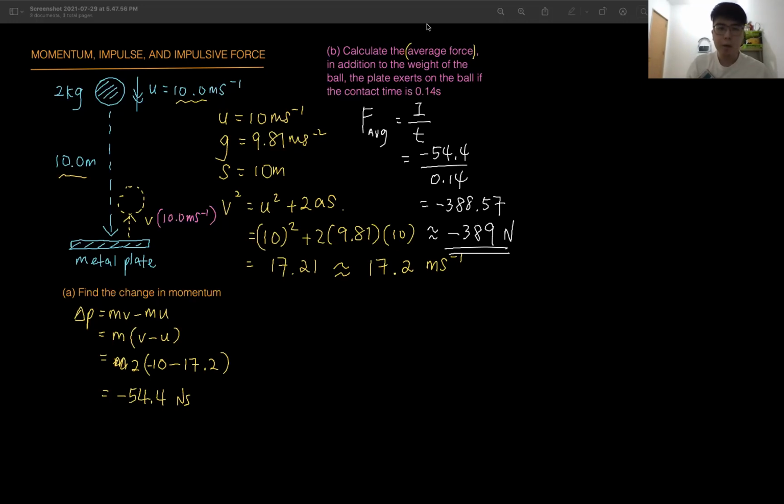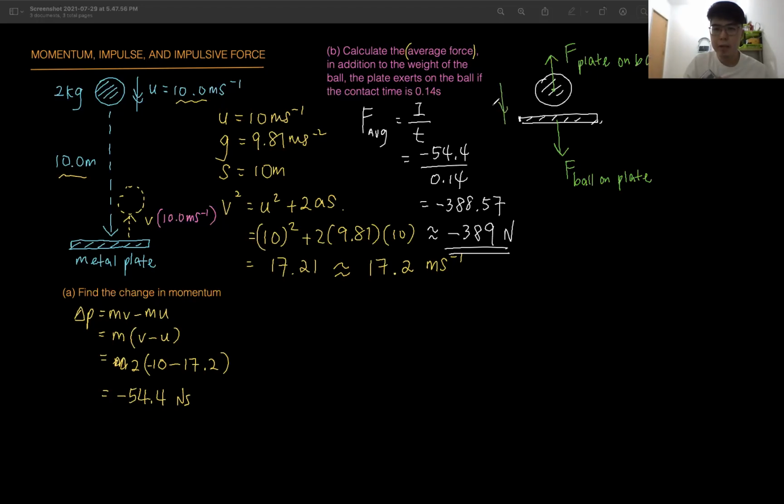How come? You see, there are two bodies here, the ball and the plate. If you remember in our last lesson, I talked about Newton's third law. When the ball hit the plate, what happened? The ball hit the plate, and there's a force produced on the plate, F ball on plate. And due to this action, there's a reaction produced, acting on the ball. That's F plate on ball.